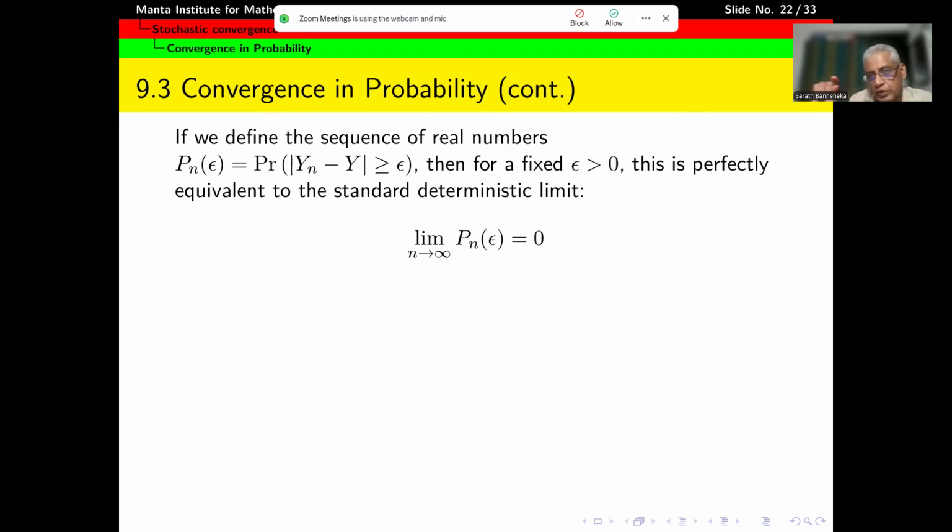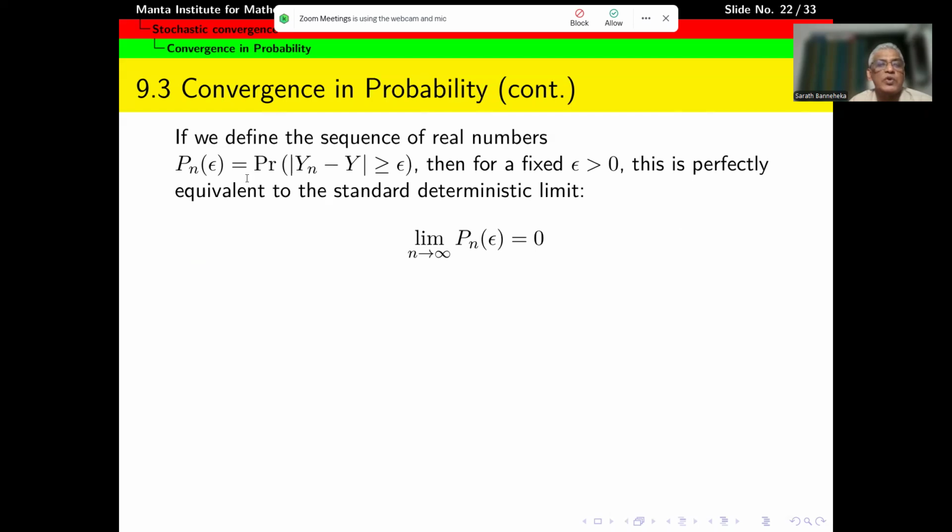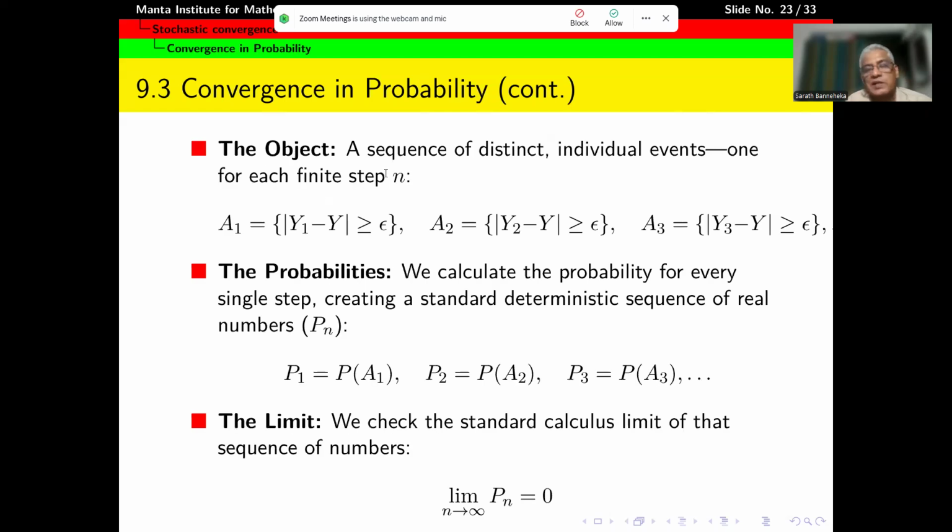So we can see whether for that particular omega, P n omega converges to zero as n goes to infinity. And if that happens for each omega, then we say that the sequence yn converges to y in probability, right? So what you are looking at here is actually, when you consider the probability P n omega, so that's going to be the probability of some set, no, some event.